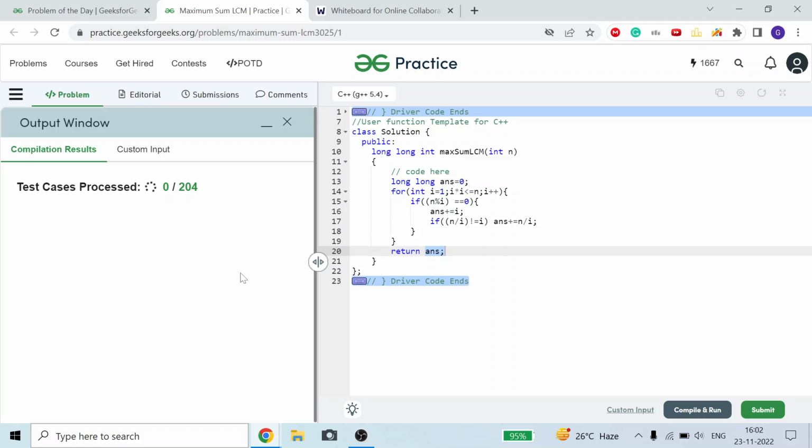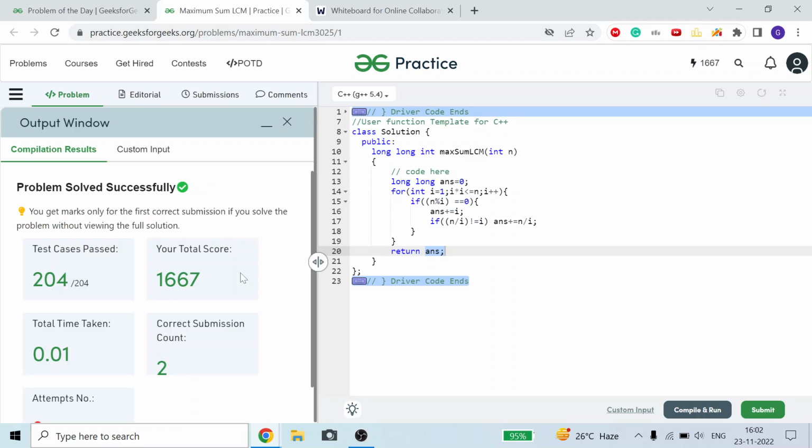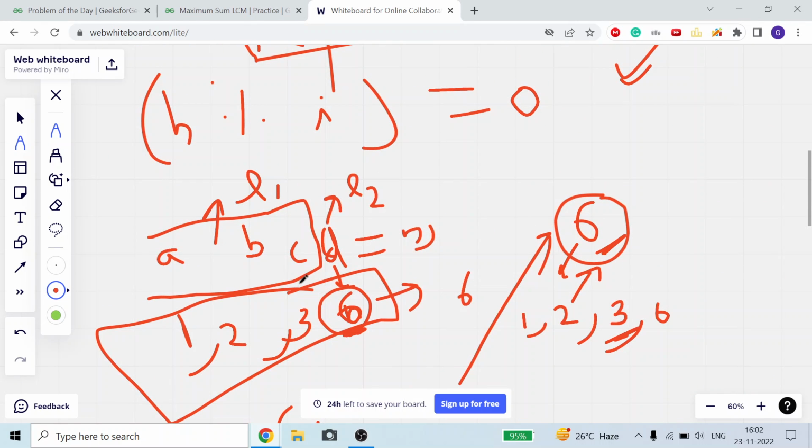This is a mathematical problem. You may find some issue like why I am taking only factors. You have to run and check for different cases, because this is a very simple scenario that I explained to you here. You may not get this if you are a beginner or have not done many implementation problems, then it may be hard for you to get it. But if you dry run it for different test cases, like for a prime number, for 50, n equal to 20, n equal to 16, different cases, you will easily get why we are doing this.